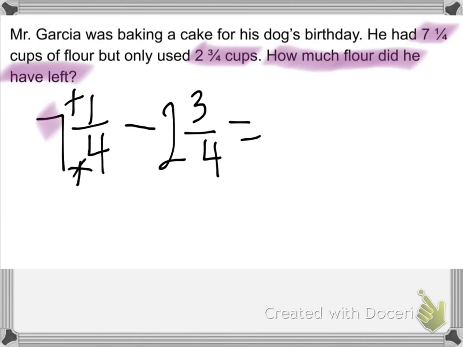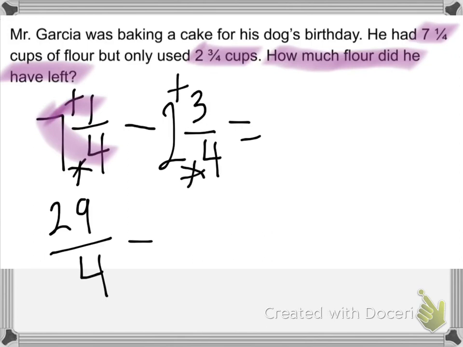Okay, 7 times 4 is 28, plus 1 equals 29 over 4. Minus, again, turn it into an improper fraction. 2 times 4 plus 3. 2 times 4 is 8, plus 3 equals 11